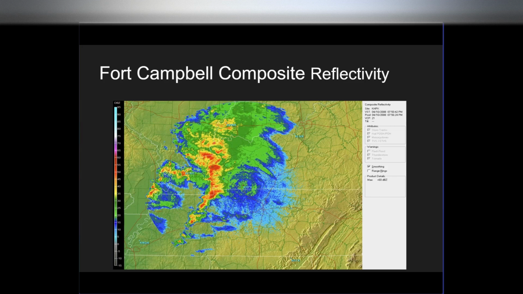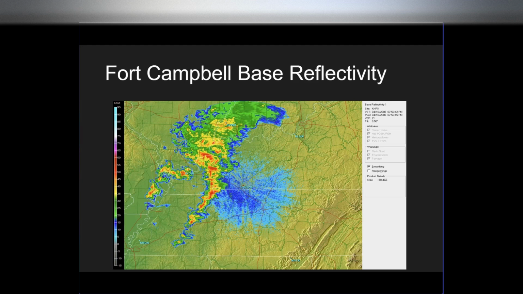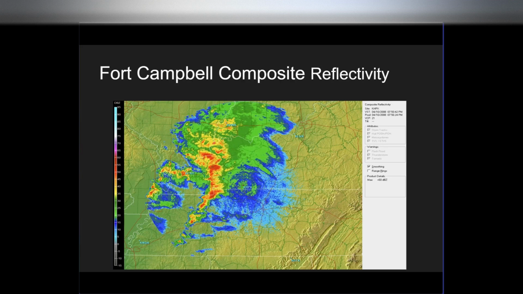So you notice it's a little more darker in the reds through the main line of thunderstorms. You also have greater coverage of kind of the darker greens and lighter greens. So I'll go back and show it. So this is your base reflectivity. So just your half-degree low-level scan. And this is your composite reflectivity. So it's grabbing the highest reflectivity, the highest dBz from any of the volume scans and putting them all into